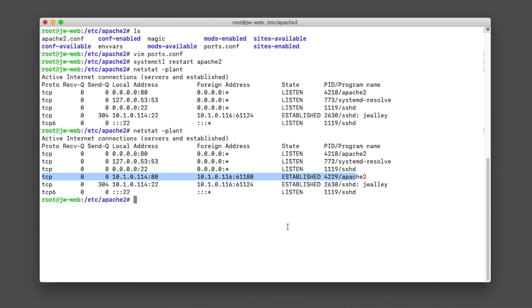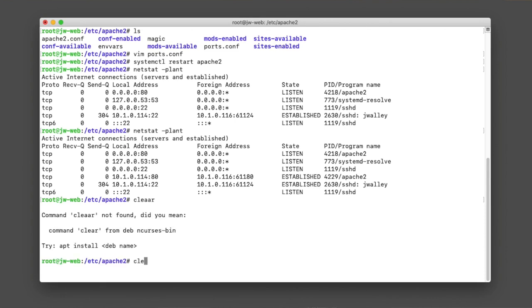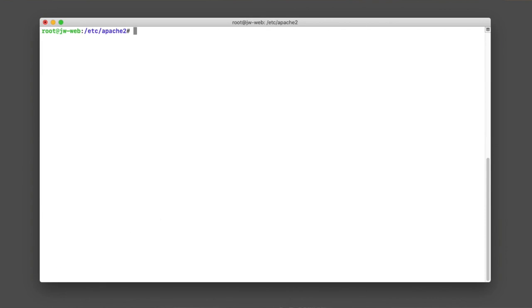So what is the next thing we need to do? Well, let's start looking at a few more of the configurations. We did a test config, but I want to get a full status of what Apache's doing. So remember, we said Apache has its own set of control systems, but we're going to type in here full status. Let's figure out what's going on. And actually, before I do that, let's clear up the screen so we can see it. So I'm going to say apache control, and we're going to say